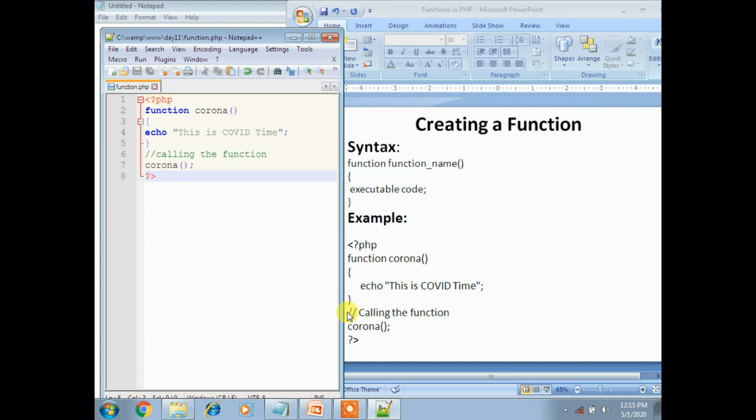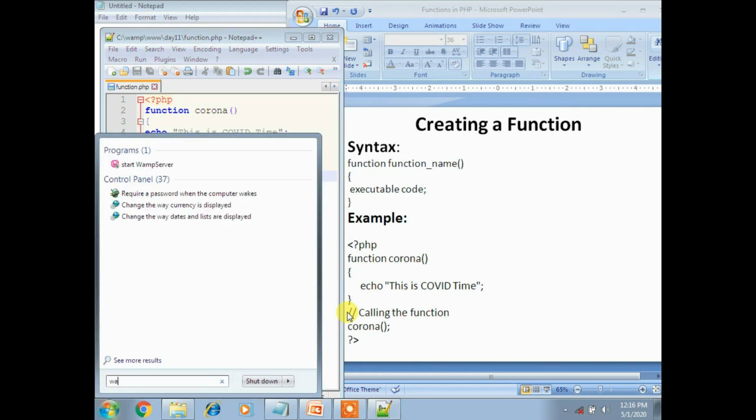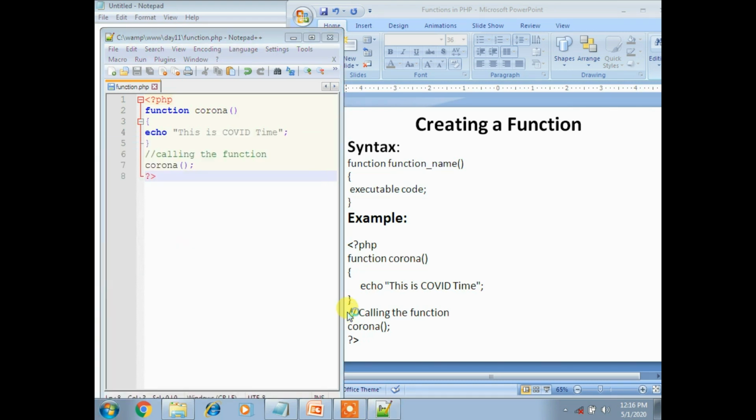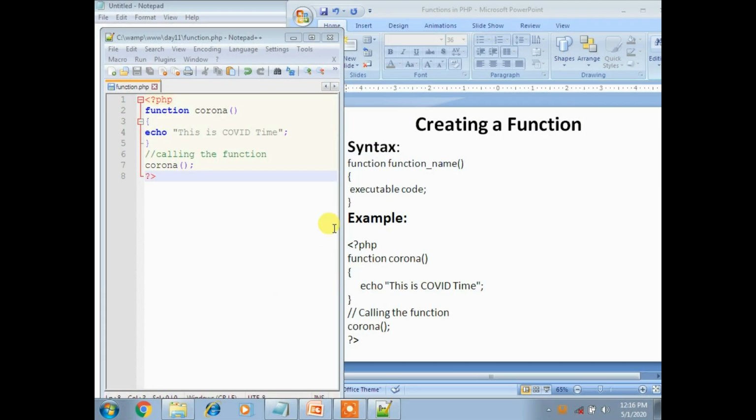To run the program, we have to start the XAMPP server, right? For this, click the start button and type xampp, and then you will get a pop-up window which asks yes or no. Click on yes, then check whether the green icon is there or not. Yes, it is there, that means it's running now.